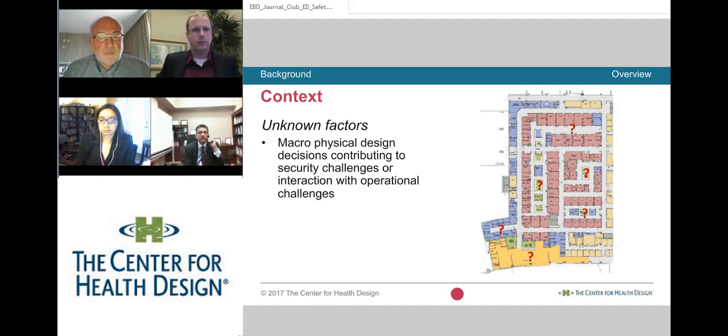And hence, when we look at the ED in terms of safety, security, and efficiency, we wanted to look at it from an architectural perspective, from a design perspective, and found that very little was available